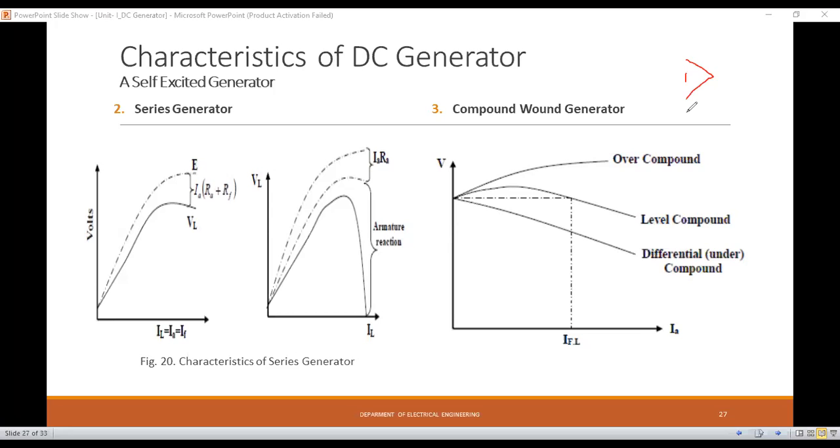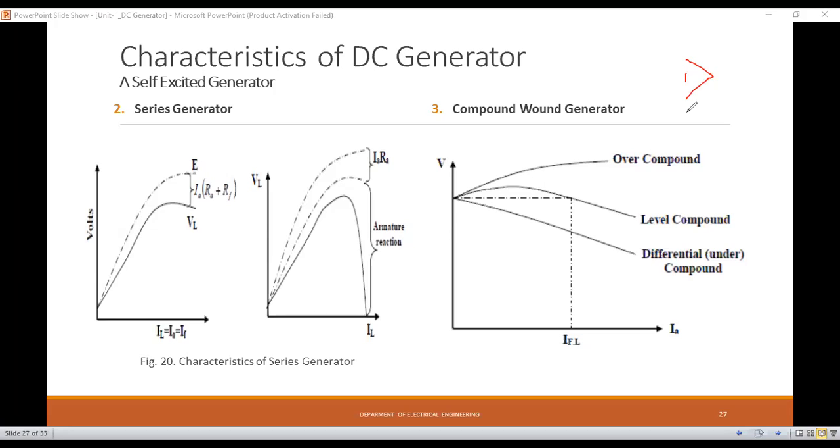the series excitation and the shunt excitation are combined with each other. Series आणि shunt excitation combine केलेलं असेल. At that situation, we can call it a cumulatively compounded, and if it opposes that of shunt field winding, then it is called a differentially compounded generator. Again, in that there is a short shunt and long shunt. That means when the shunt field winding is only in parallel with that of armature winding, then we can call it a short shunt compound generator.